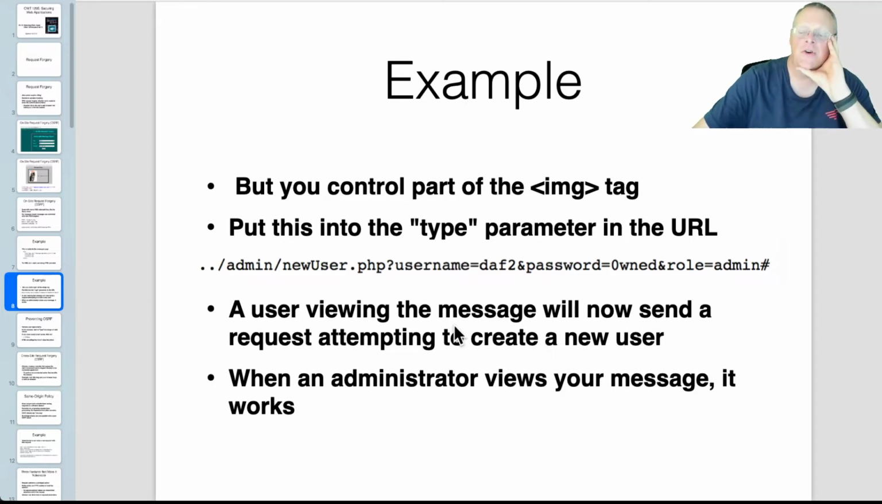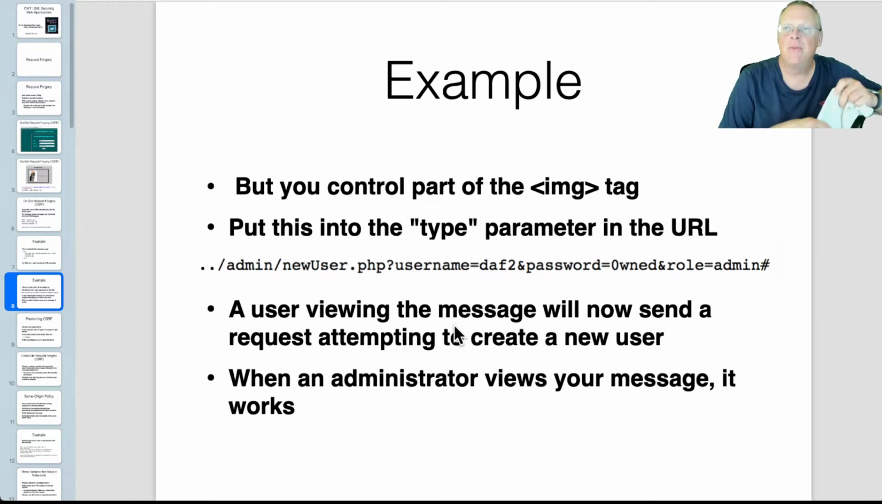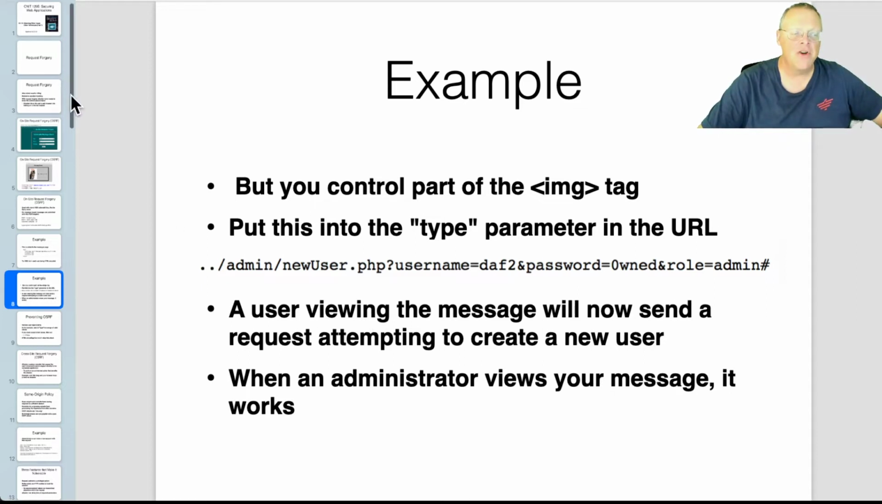And of course, most users are not authorized to create a new user, but when an administrator views your page, they will be. And that's a pretty common trick. You've seen that in the Web Security Academy, and that's also what happened to the Apache project. You put up one of these stored cross-site request forgeries, and you just wait for an administrator